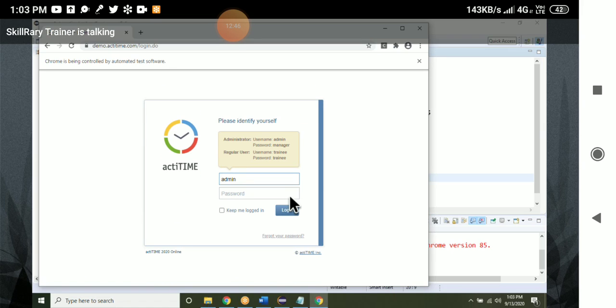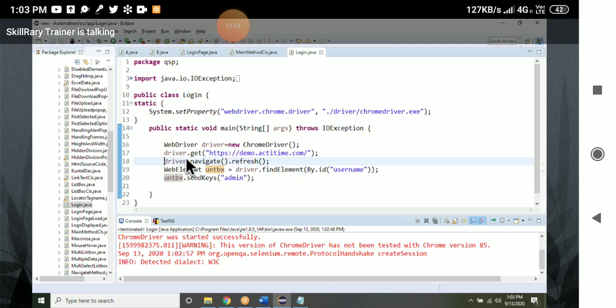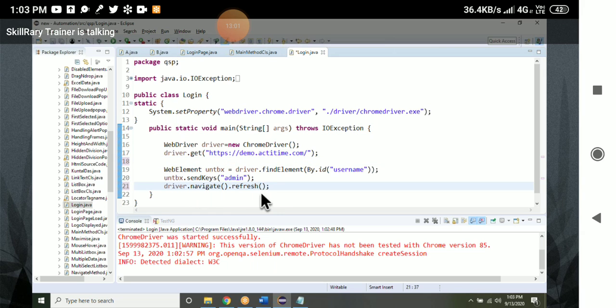Refresh the page. Done. Now it is typing. Is it typing admin now? Are we getting any exception now? No exception. Even if I put this refresh after this, or here also, I will not get the exception. Only when I paste this in between, after the declaration, I am getting the exception. The reason why I am getting this exception is,